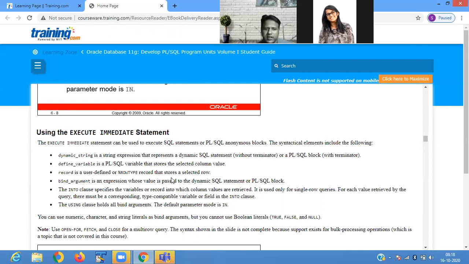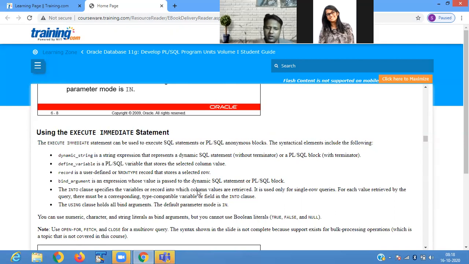For storing the selected row, we're using the record type. Bind argument is an expression whose value is passed to the dynamic SQL statement or PLSQL block. It is used to store the value dynamically, meaning at runtime. The into clause specifies the variable or record into which the column values are retrieved.